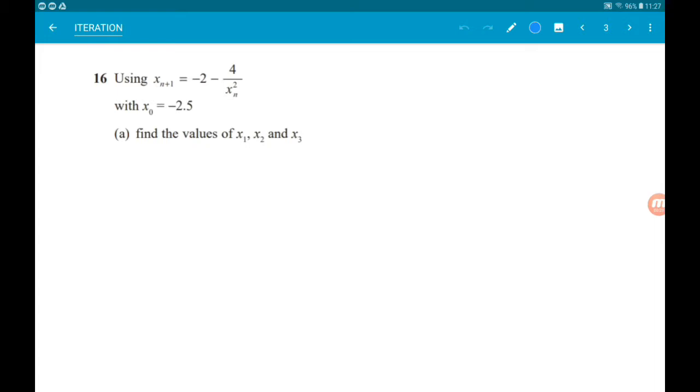So start the same way as always, put minus 2.5 into your calculator and press equals. Now when you try to put in minus 2, it's going to put an ans before the minus 2, or mine does anyway. So you need to go back and delete that. So just press down and then put in minus 2 minus 4 over ans squared, press equals, and for x1